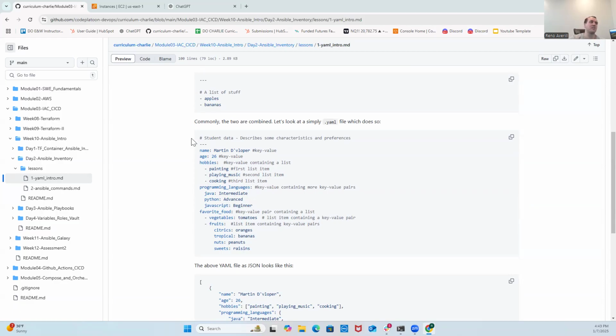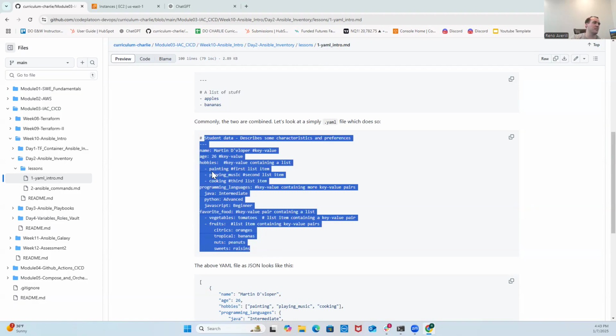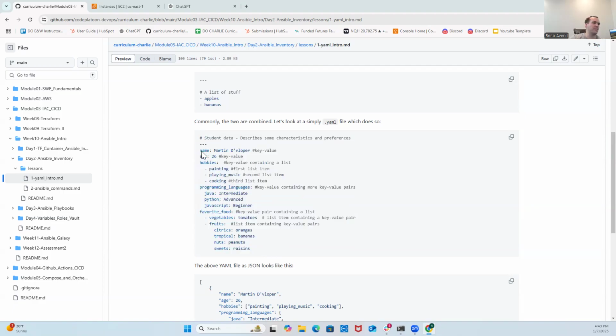So you can put anything in a YAML file, right? Well, not anything, but booleans, strings, objects, lists, etc. And you can iterate over it pretty easily. It's also a super clean looking format. How easy is this to read? Anyone can figure out that JavaScript is beginner, or that this Martin guy has three hobbies of painting, playing music,